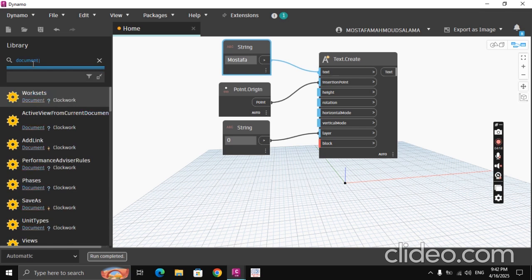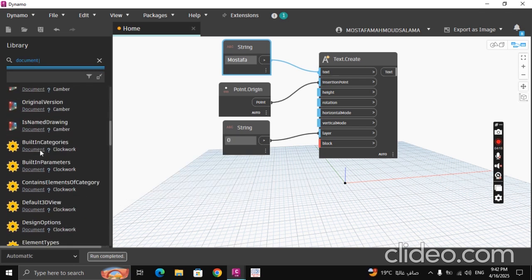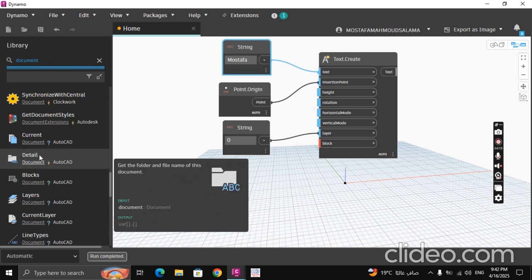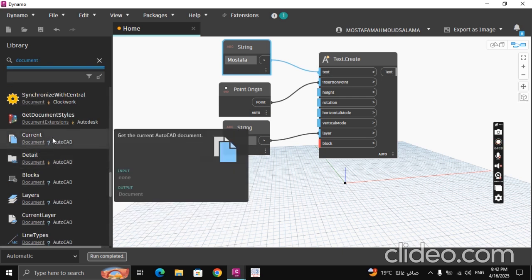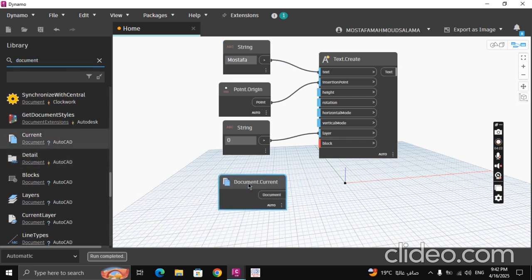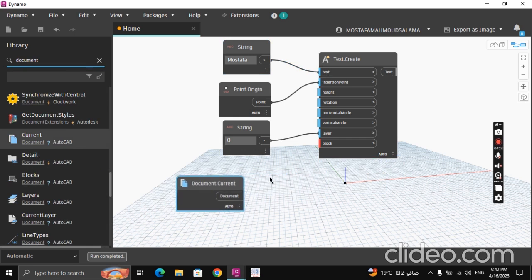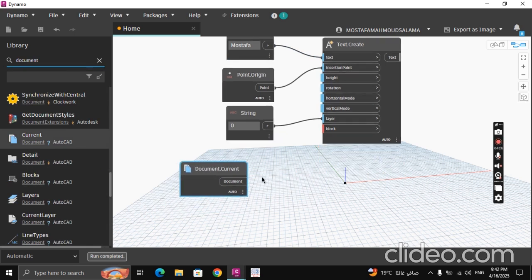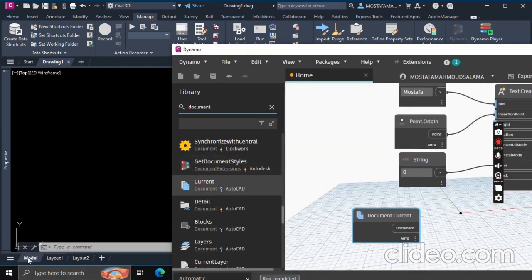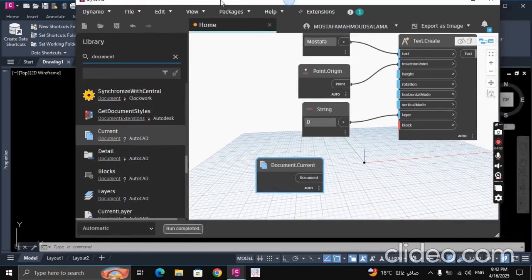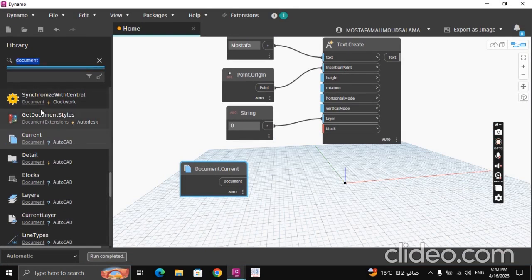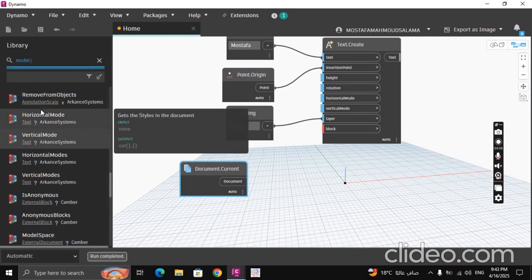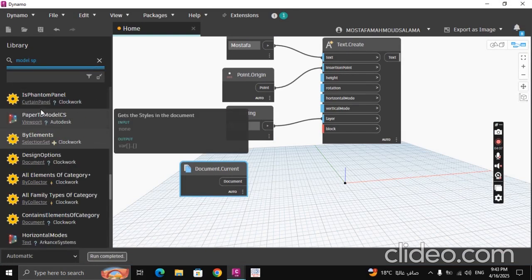I'm telling Dynamo to use the current document that we are working on. This node is exactly what I want, and I need to tell it to use the current model space. This is called a model space. So I'll type here model space,